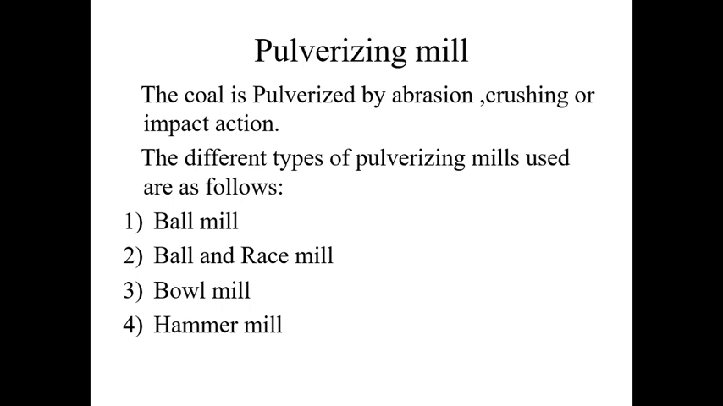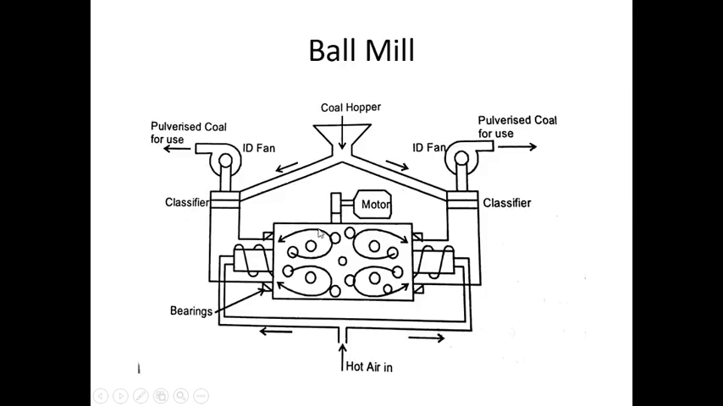So pulverizing mill. Coal is pulverized by abrasion, crushing, or impact action. There are ball mill, ball and race mill, and hammer mill. So here the first one is the ball mill. The coal hopper. From here the lumped coal is supplied to this